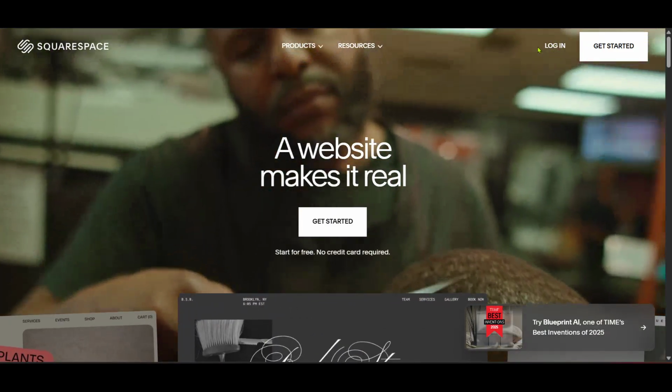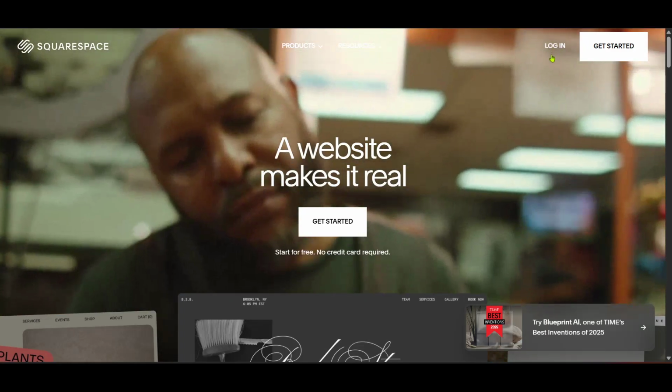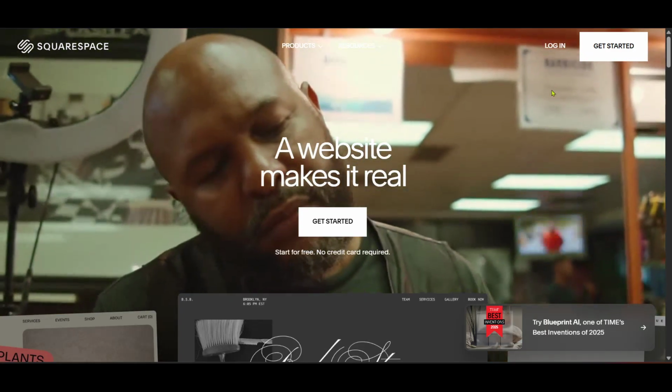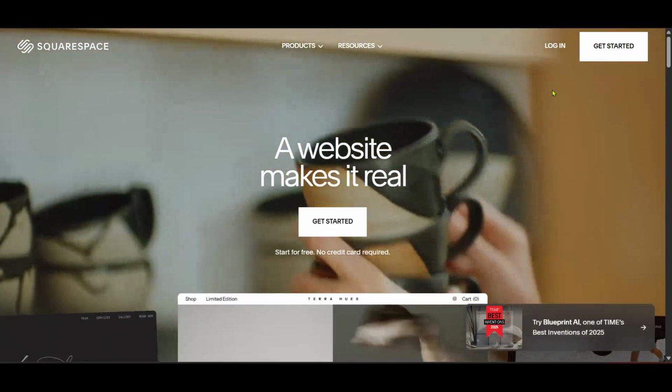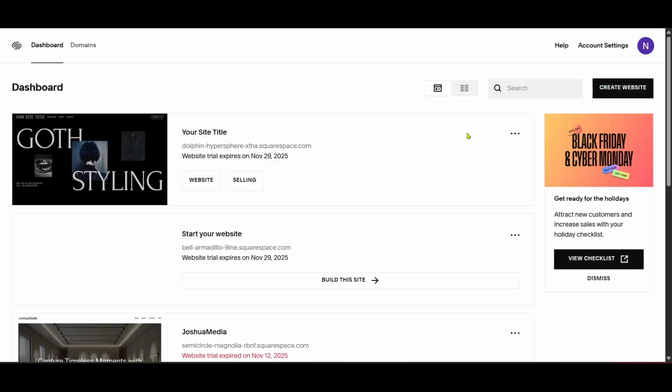Once you're in the dashboard, you should see a menu that includes a Websites option. This is where you'll be managing all the design elements of your site. Click on Websites to get started. If you're managing multiple websites, make sure to select the one where you want to add the custom fonts.